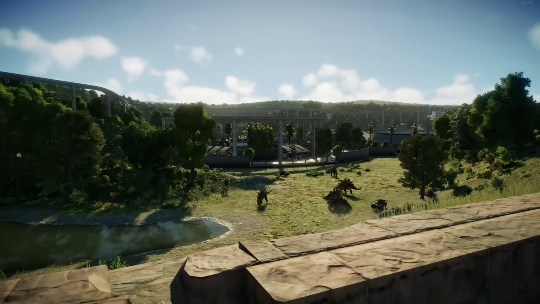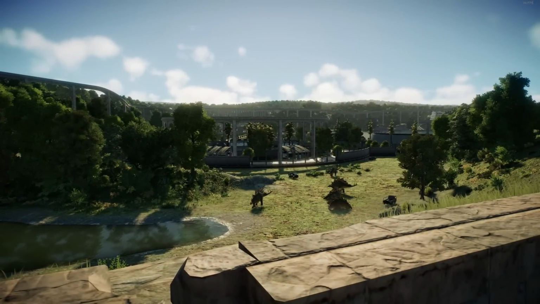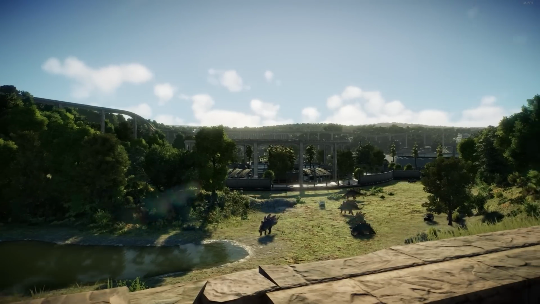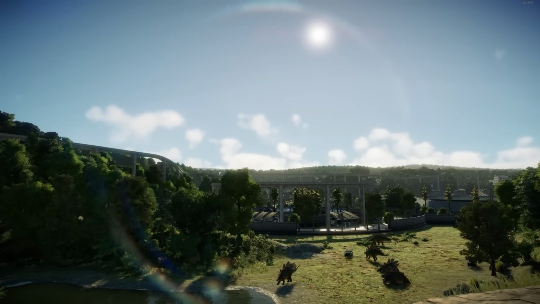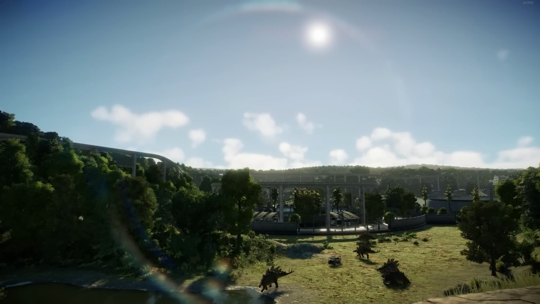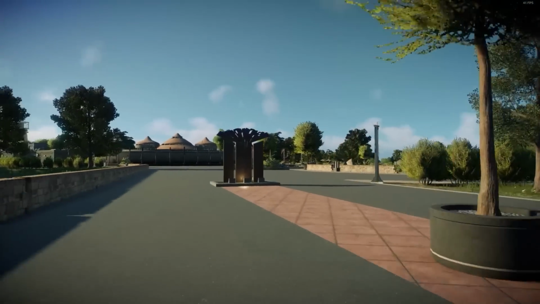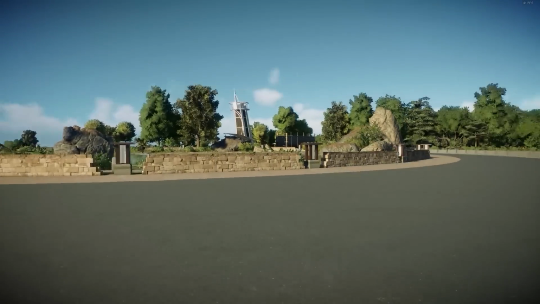So yeah, here we are on top of the hill. We're looking down into the stego habitat. We see the raptor arena. We even see the big monorail structure in the background over there. And that's why differences in elevation are so important, because you can create really cool views within your park. All right, so if we run back,